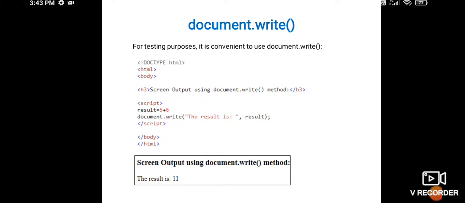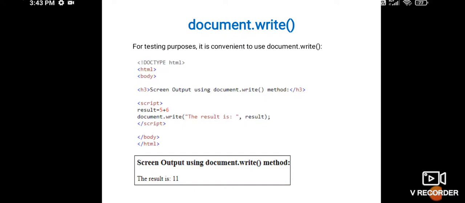What is the use of document.write? We are going to use document.write to display the output on the screen or on the monitor. See here, the document is the object and it has several properties and methods, and within its most useful methods, write is one of the important ones.